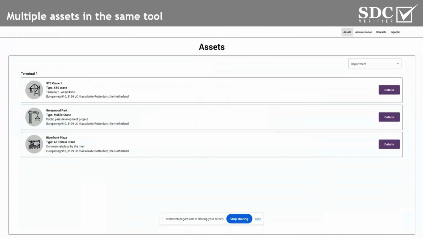The idea of this SAM platform is that whether you're a big company or a relatively small terminal, you create different assets. For example, you have one part for STS cranes, then you have mobile cranes, and then some other part of the structure, or you can divide it by different categories of your structure. It's up to you, but the idea is that you can group them together, and each group includes local details